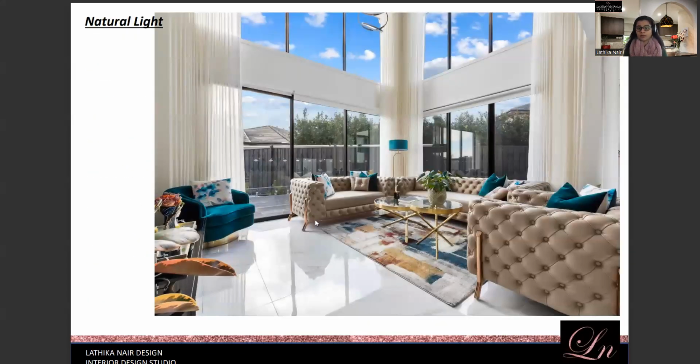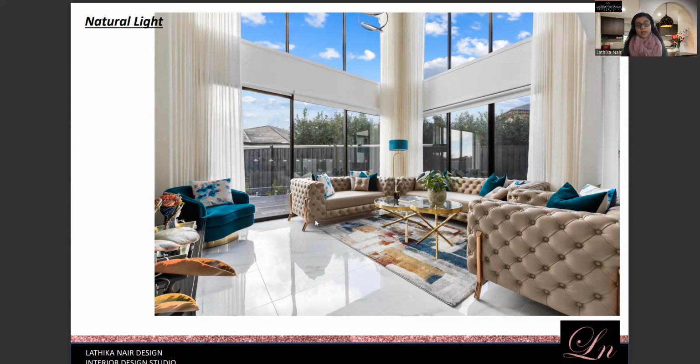So this is again natural light. This is one of the homes that I did, and you can see they've got large double height windows. They did have automated block out blinds, and these were also automated sheer, but we decided that when we're doing the sheer, we'll run it full height. Of course, the blinds stop for just the two windows, up and down. But when it is shut and when the sheer runs, it's running for the whole length. So actually that enhances the space as well. And they have maximum view, whatever view is needed. They are able to get the views.